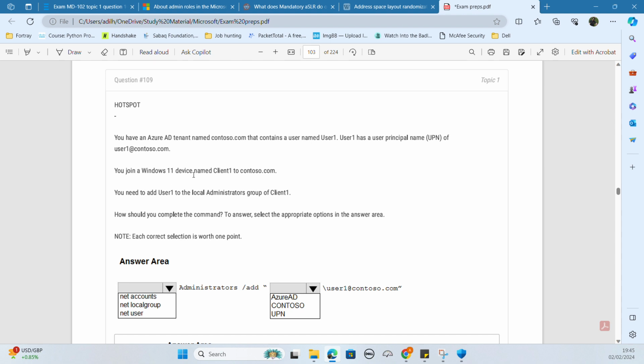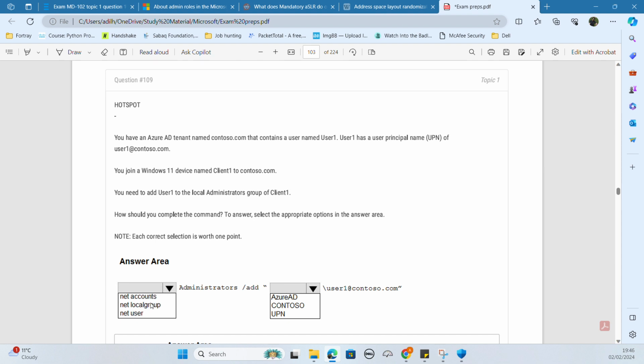How should you complete the command? Where to answer, select the appropriate option. So the following command is given to you. You can open your cmd or PowerShell and run the following command,